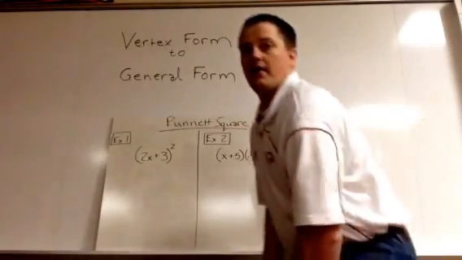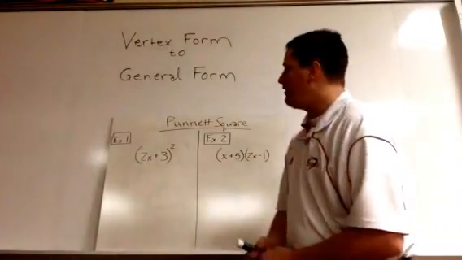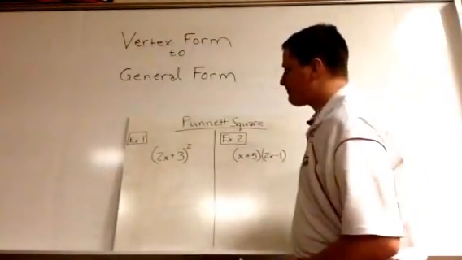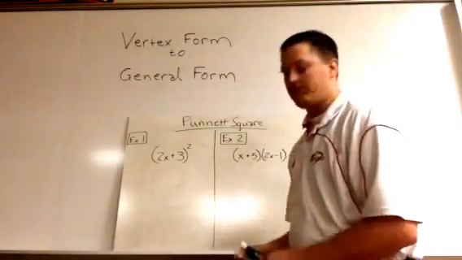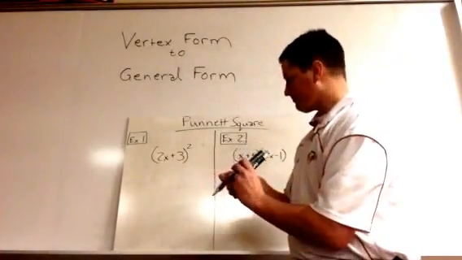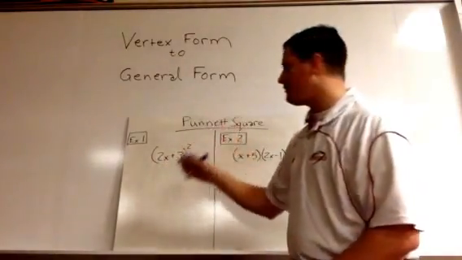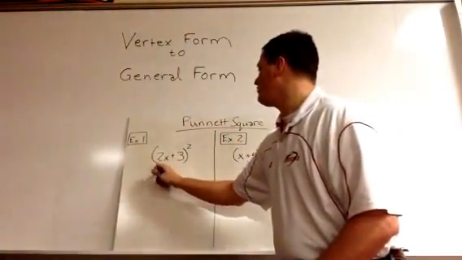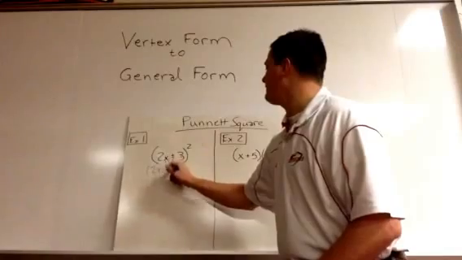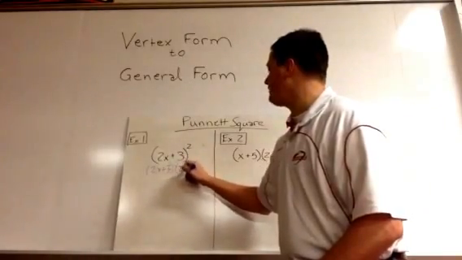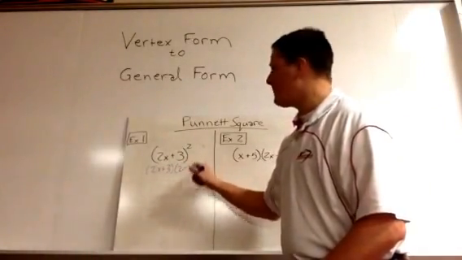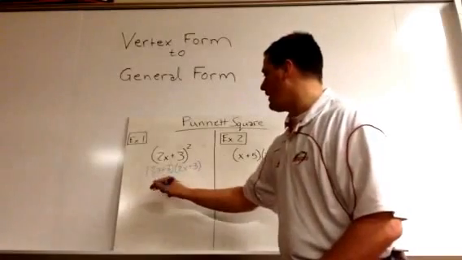First, we must learn the ways to expand. So we'll start with example 1. We're going to do the Punnett Square first. So what we have is 2x plus 3 being squared, which in reality is 2x plus 3 times 2x plus 3. What we can do is we can make a square